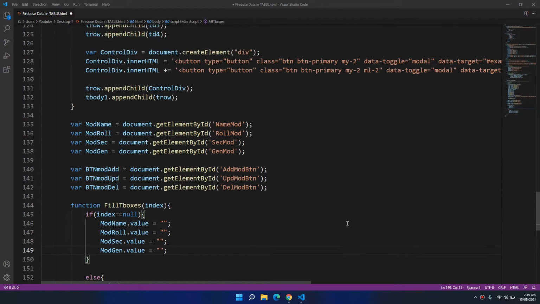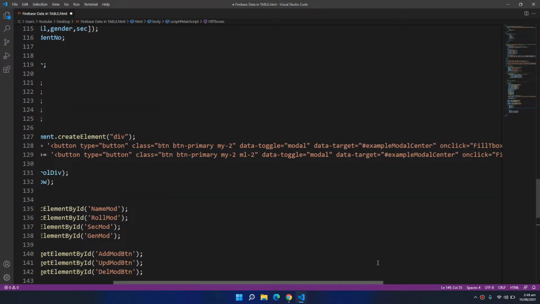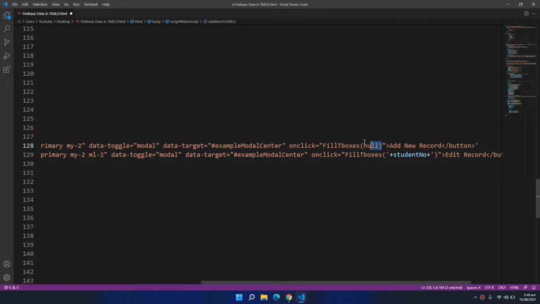So now you also know why I put this null over here and why I passed the student number over here. The null is because I want my function to recognize that I want to add a new record, and with the second button, edit record, I want my function to recognize that I am passing some student's information.